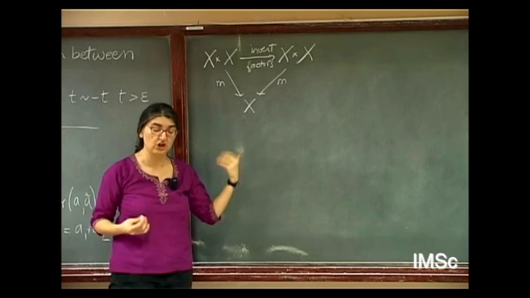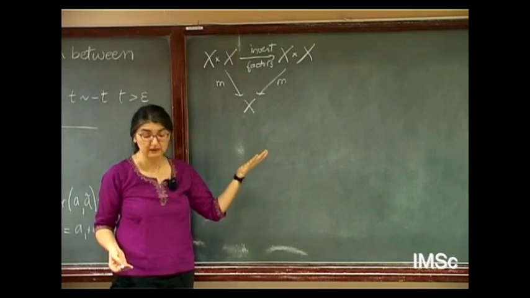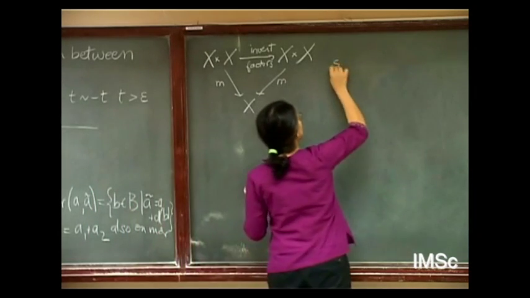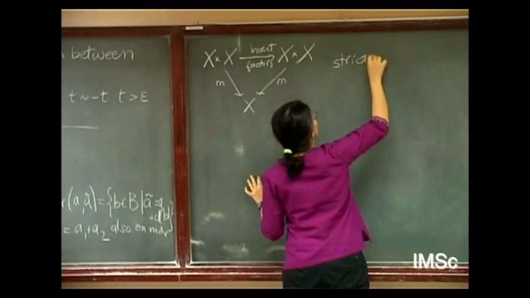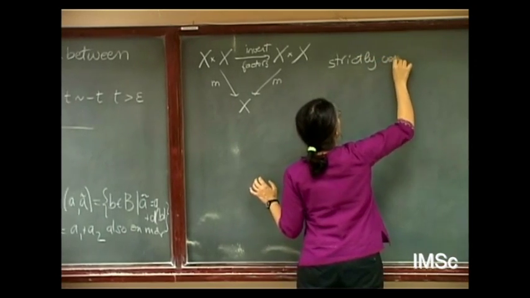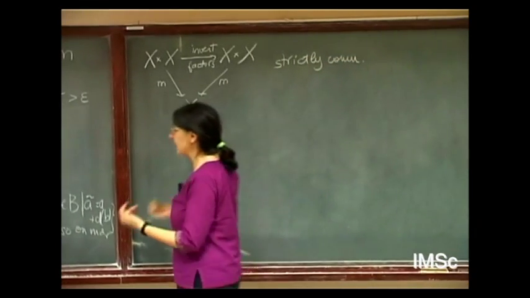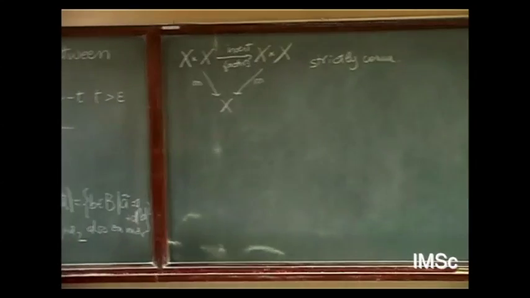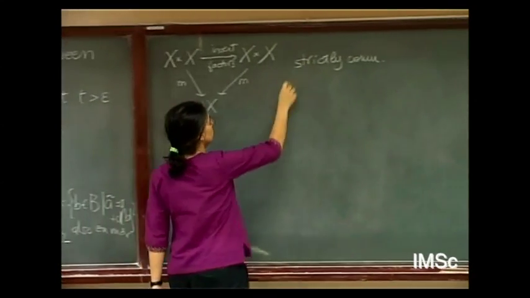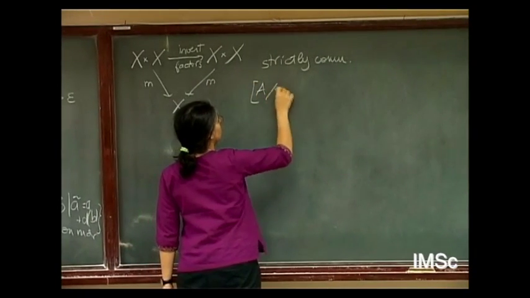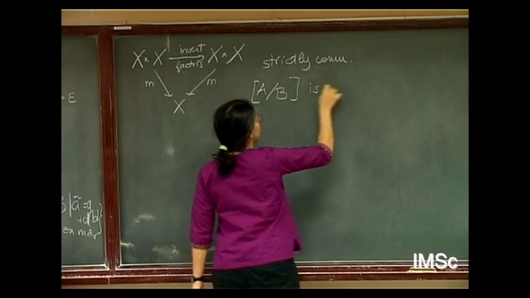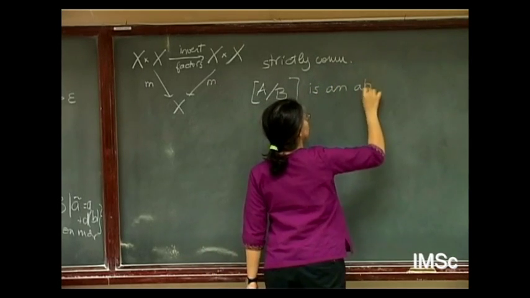It's not just equivalent, but it is equal. So this is strictly commutative. So in other words, what you can check is that A over B is an abelian group object